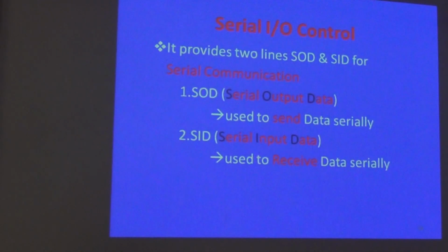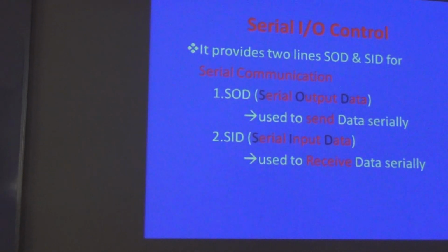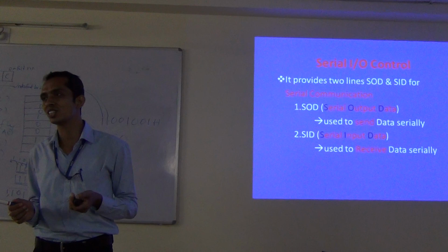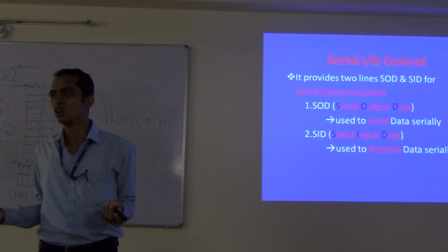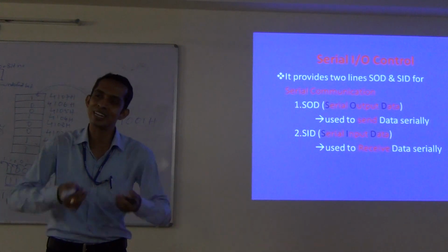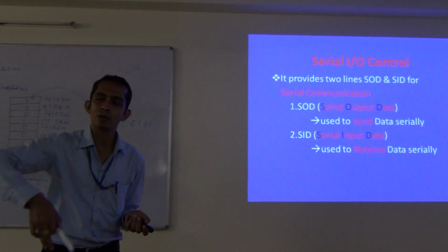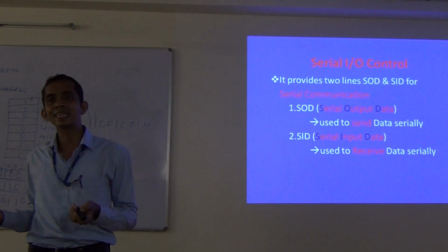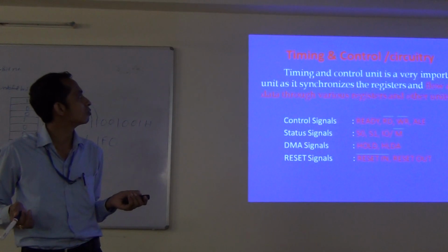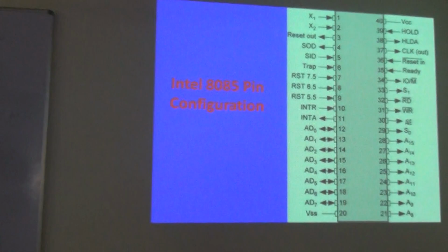Then serial input output control, as I have told you, whenever there is a requirement of serial data input, the data is to be entered serially to the microprocessor according to the microprocessor design. We can't do as per our own choice because the microprocessor is the master, we are the slave. As per the design of the microprocessor, we have to input the data. The microprocessor will utilize the data, execute and give you the result. This is the SID, serial input line, and SOD, serial output line. And timing and control circuitry generates the timing and control signals.